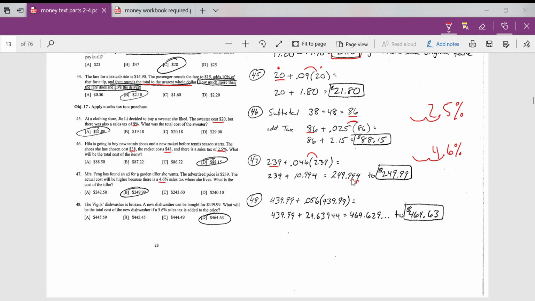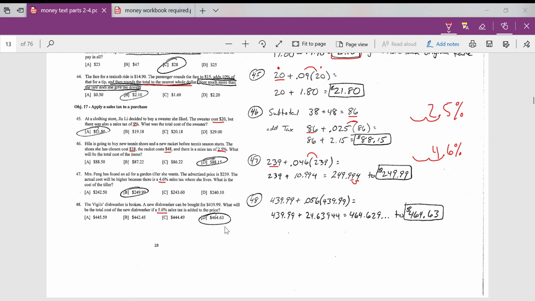If this is 0 to 4, this would stay 99. If this was 5 to 9, this would bump up to the next penny, which would move it up to the next dollar and be $250. But this stays $249.99. Okay, you've seen a lot of similarities in these problems. 48, if you just look over here quick, looks a lot like what we've done in these two. So they're buying a new dishwasher. Price is $439.99. What will the total cost be if they have a 5.6%